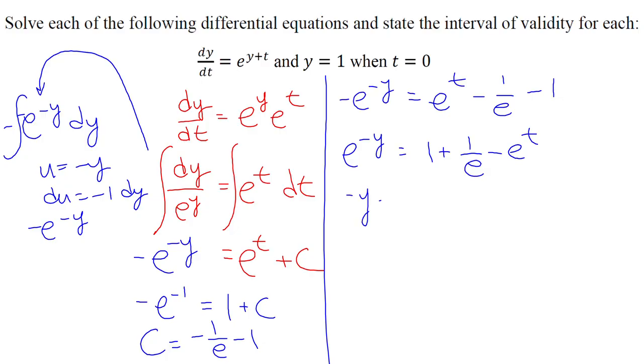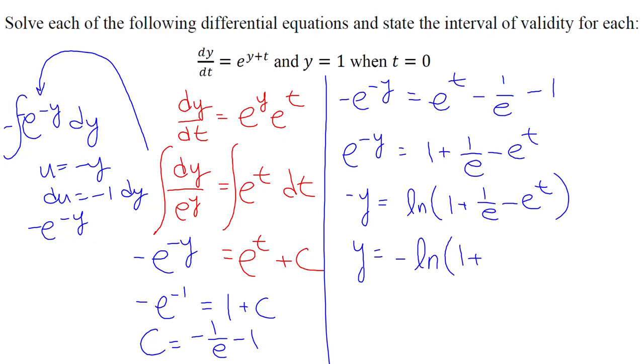We'll take the natural log of everything, giving us natural log of 1 plus 1 over e minus e to the t. And then we'll divide by a -1, giving us y equals the opposite of the natural log of 1 plus 1 over e minus e to the t. And so